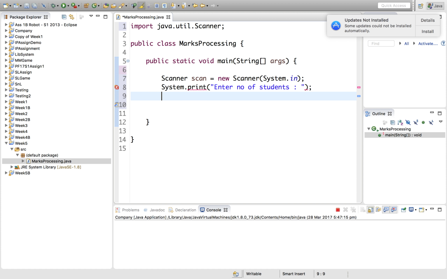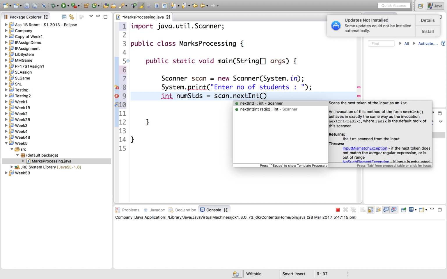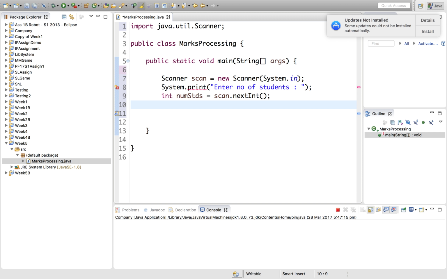So as the user enters, I'm going to store that in a variable. I declare a variable called number of students. Right. Now that I know the number of students in the class, you notice it's complaining there's an out missing here. It's a good thing about using Eclipse, but it also adds things for you when you don't want it. Okay, so